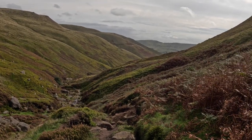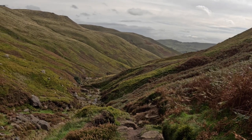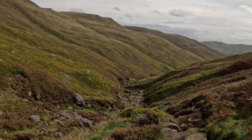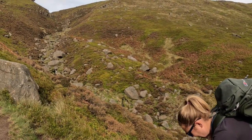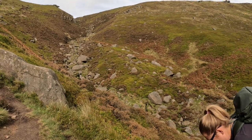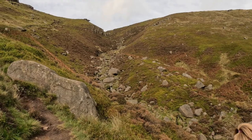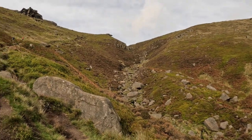I'd go as far as to say this walk that we're doing, climbing up there, and we've still got a long way to go to get to the top. The scenery is amazing, but this is not enjoyable. You're gaining nothing from this apart from hard work. You've got to get to the top now to get around, to come back along the top and drop down into Edale, but